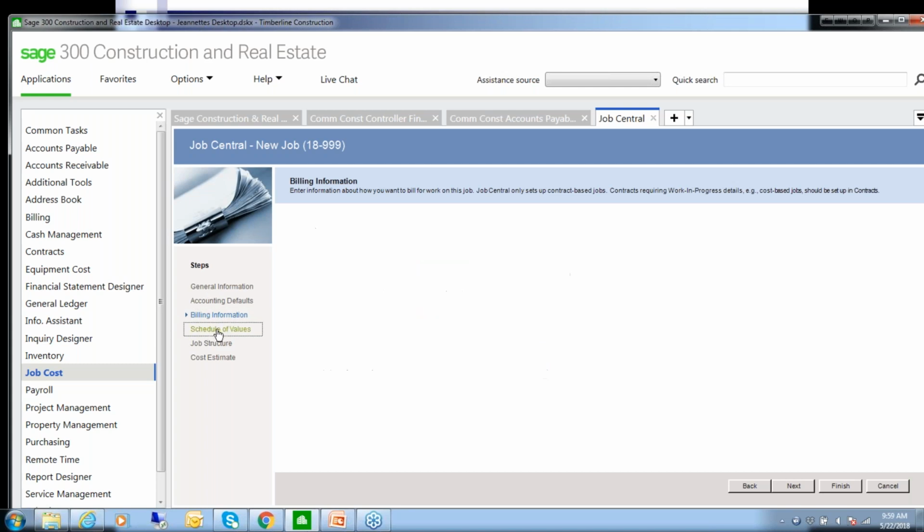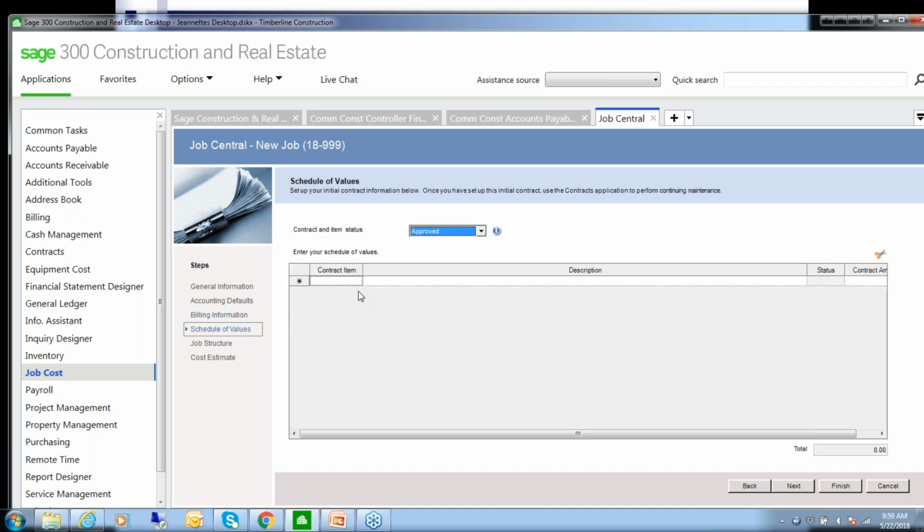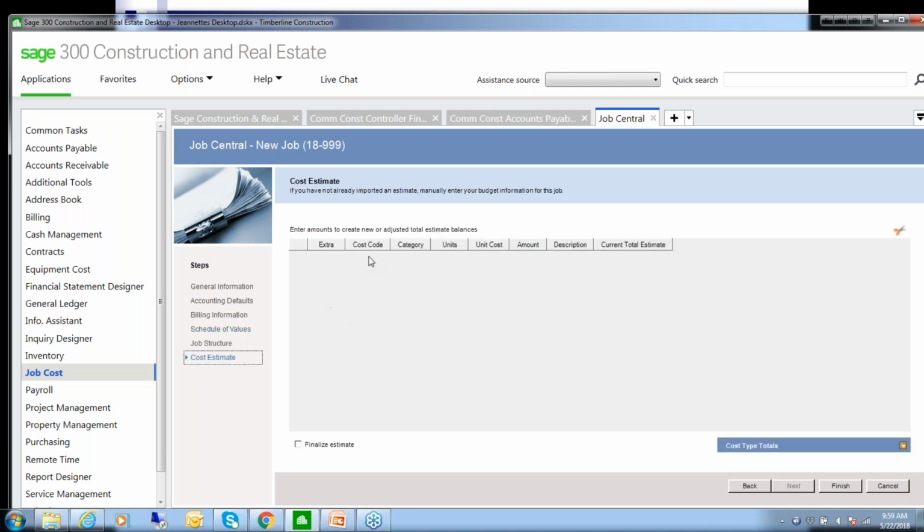Then you can go ahead to the schedule of values, and you are able to enter the contract items, a description, and then the contract amount. Now, the nice thing about this is that you can actually pull this information from an Excel spreadsheet. You can cut and paste into this grid. And it's the same down here with your cost estimates. You can cut and paste